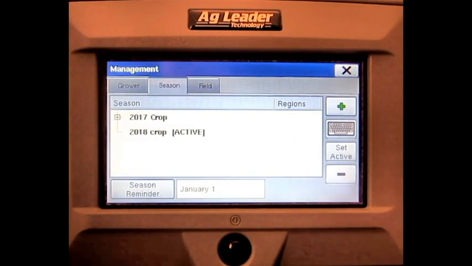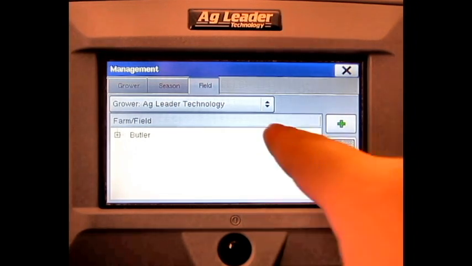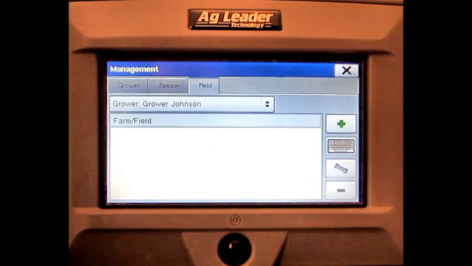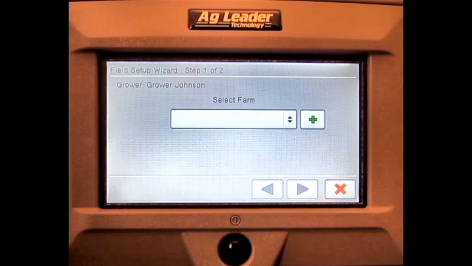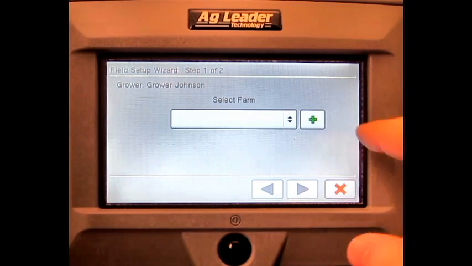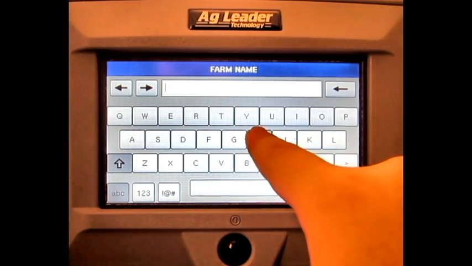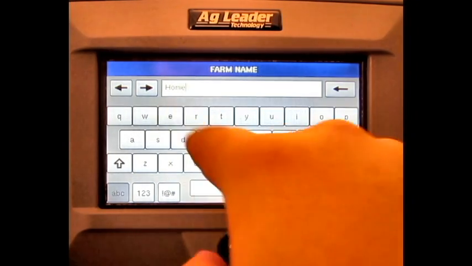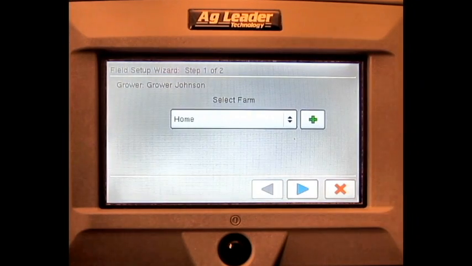press the Field tab, switch the grower to the grower that we just created, press the Add button, press the Add button again, enter in the farm's name, press the green check mark, press Next,